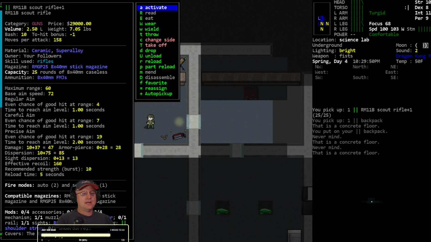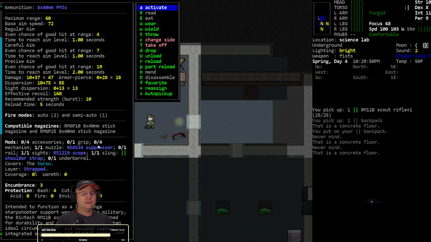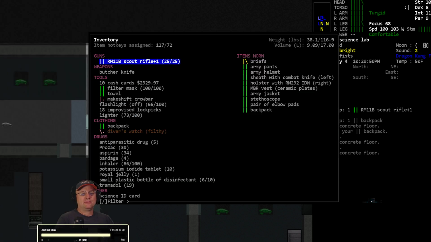So, the scout rifle's got a few advantages. It's also suppressed. Not silent, it still makes some bang, but it's less than otherwise. It's got the scope, we got the shoulder strap on it. And it's got enough punch that it'll go through most things, 2 rounds at the most. But